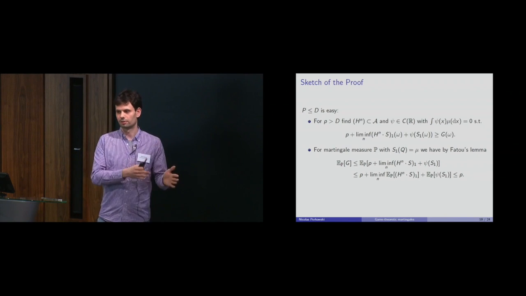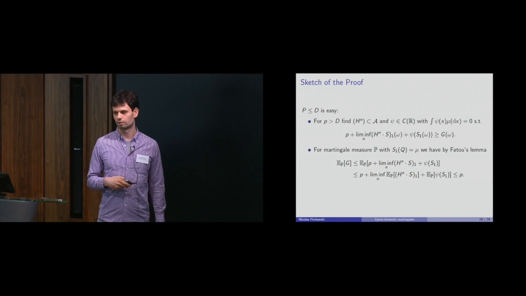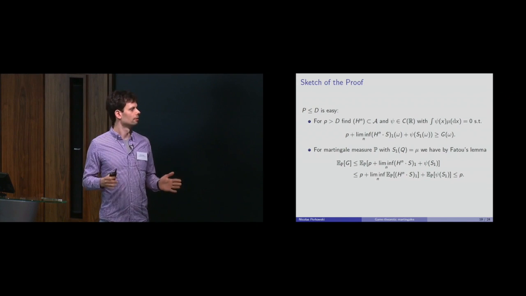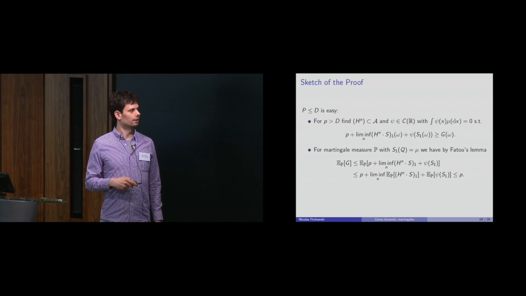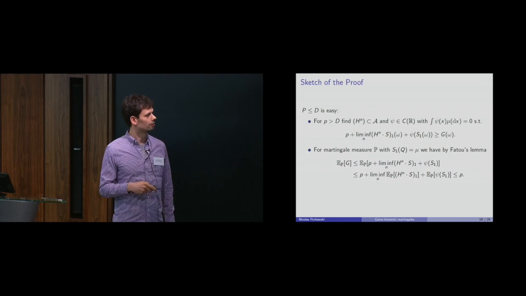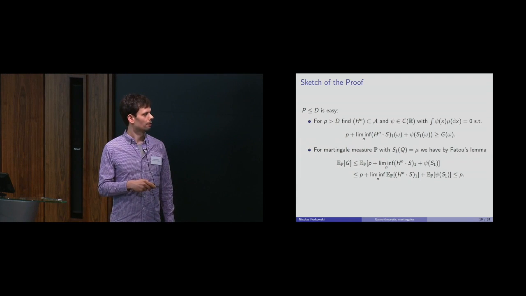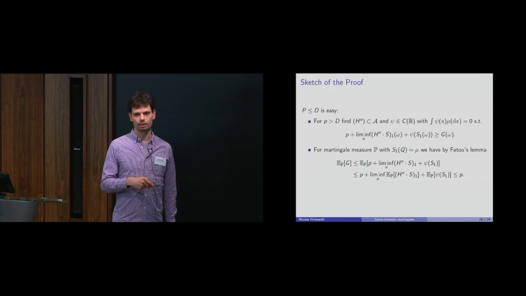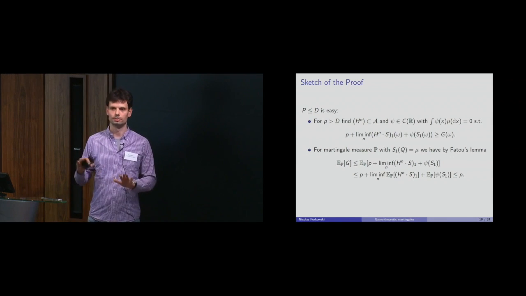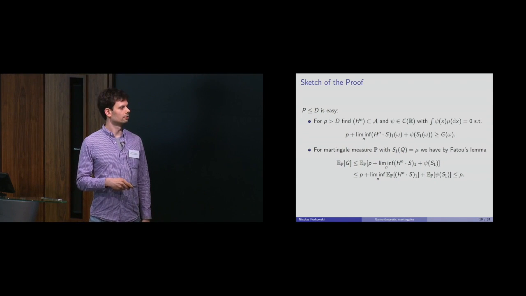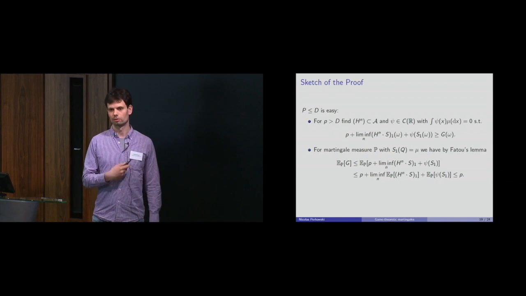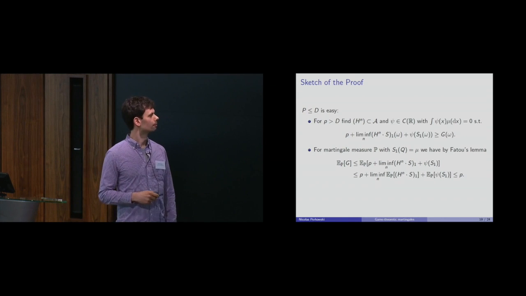Well, if we have that, it's an omega by omega inequality. So if we take expectation on both sides, then under a martingale measure, or under any measure, it will still persist. But if we take a martingale measure where S1 has the right distribution, okay, I don't know, this should be S1 of P here, then we apply Fatou's lemma once and pull this out. Have this here, this is a local martingale now, which is bounded from below in some sense. So this is bounded from above by 0, and this is 0, so we get that we're bounded from above by P.